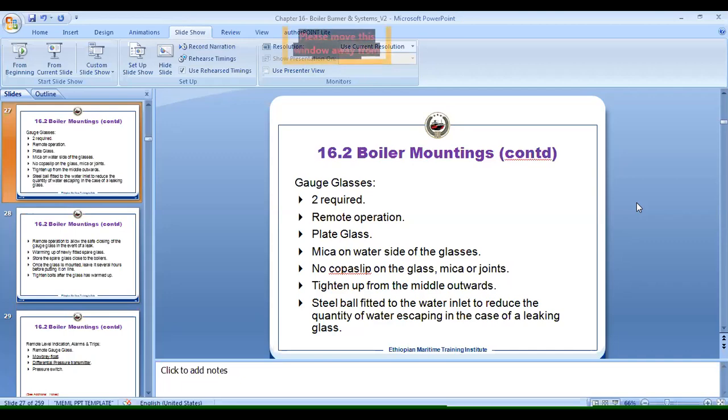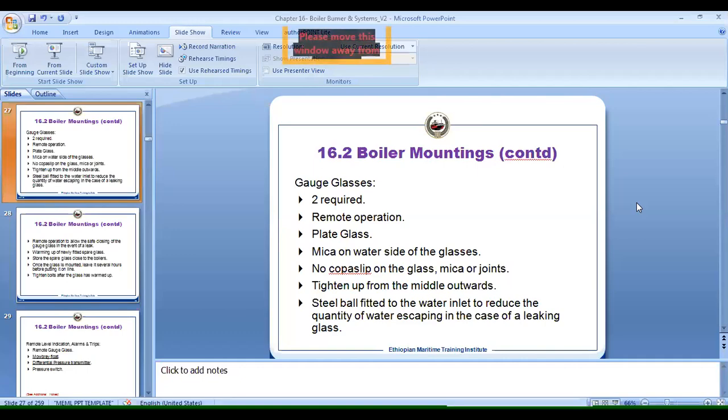Okay. Is there any side effect of the copper slip? Any chemical side effect on the glass, or what will be the problem if we use it? Copper slip is basically for high temperature joints where you want the joint to continue to move, even when subjected to high pressure.